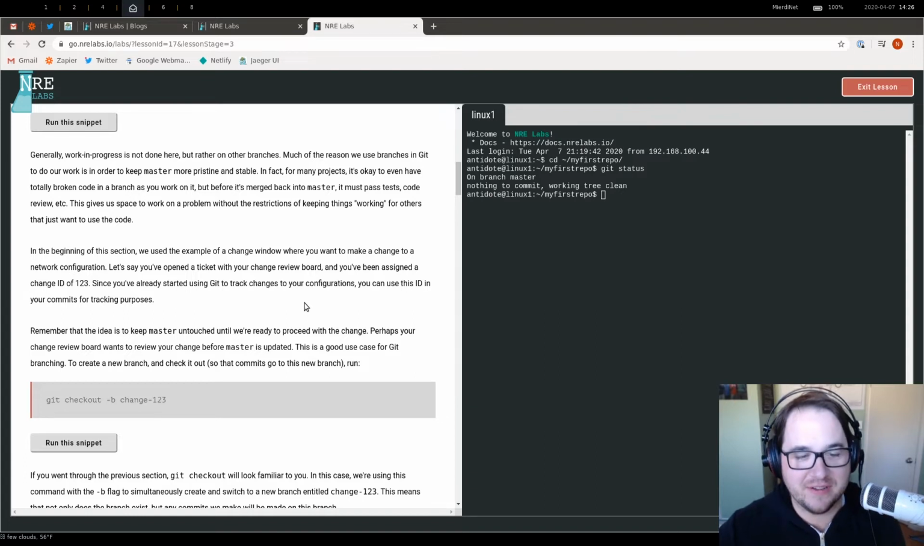I'm being a little bit facetious. I'm sure that the times have changed in recent years, but when I was doing this, change review boards were not Git savvy. And we've been assigned a change ID of 123. We've already started using Git to track changes to our configurations. And so we're going to use this change ID for tracking purposes, just to keep